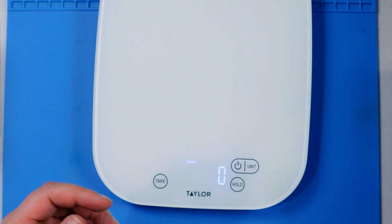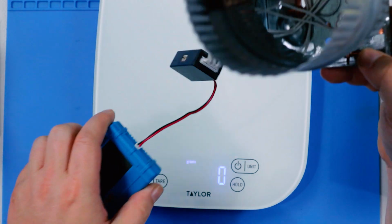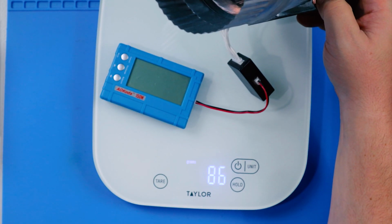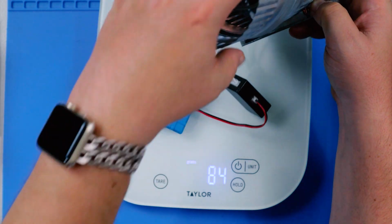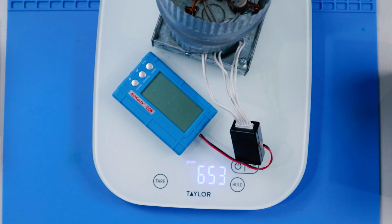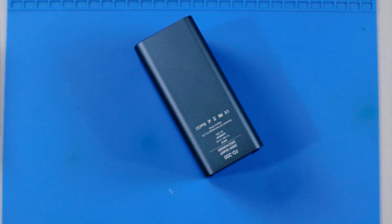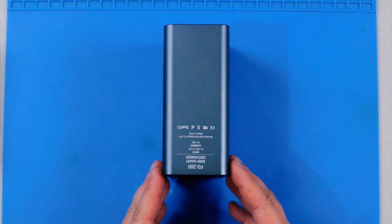And then for full-on comparison, let's look at the AOKoda. Obviously, it's going to be hard to weigh it with the light bulbs, but I'll just weigh it with the control module. I'll hold these in the air. Comes in at about 85 grams. By the time you add the light bulbs and my little lighthouse, we end up at 653 grams. So out of the three options, the FD-200 is the heaviest of them, but it is certainly also the most robust,